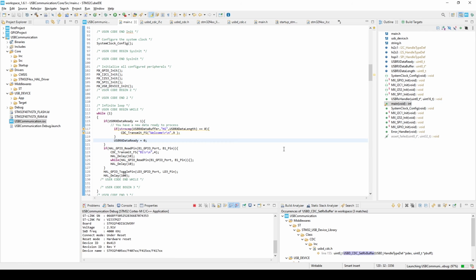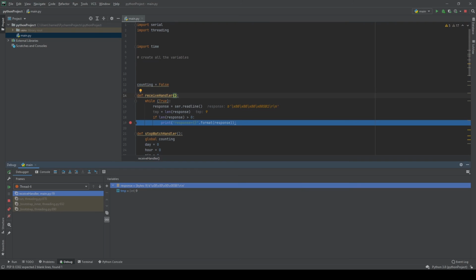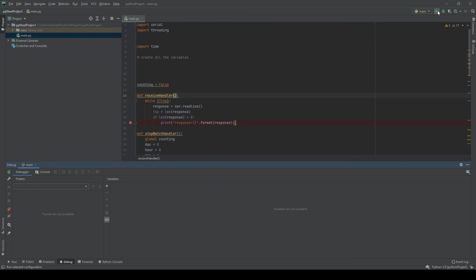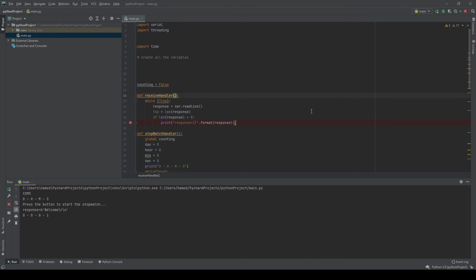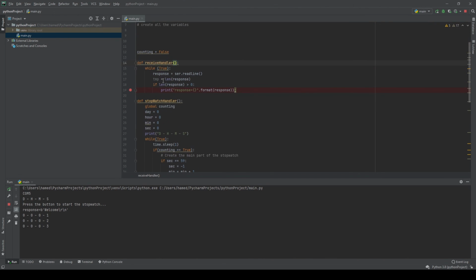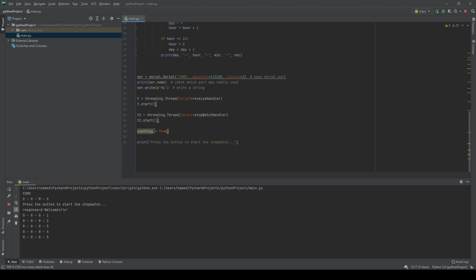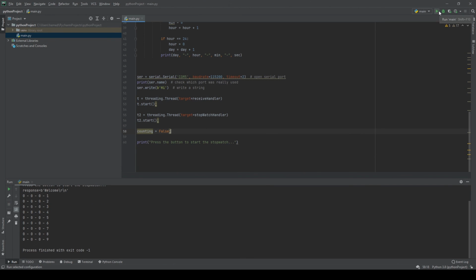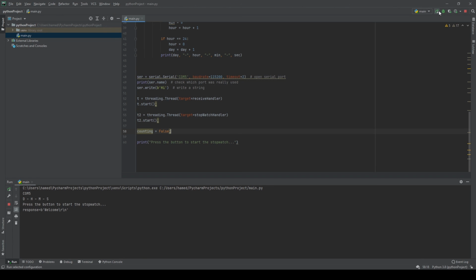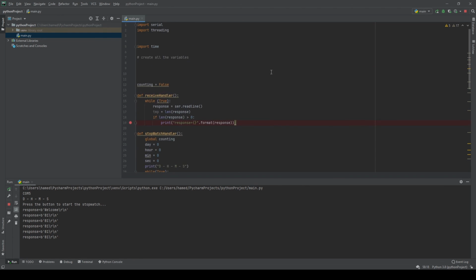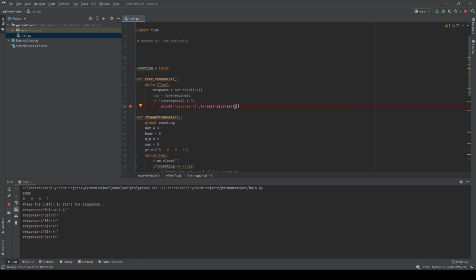Let's try. Let's run the code. Okay, so let's also set the counting to false to stop printing extra information. Okay, press B1, B1, yeah, okay. So we can see B1 is going through the system, and here we just write a code